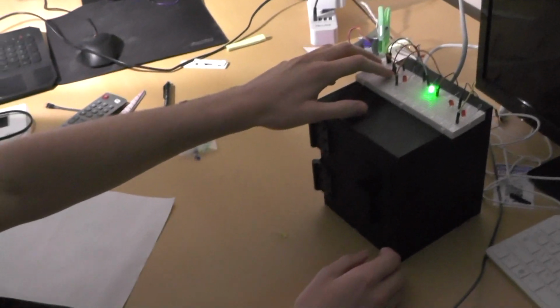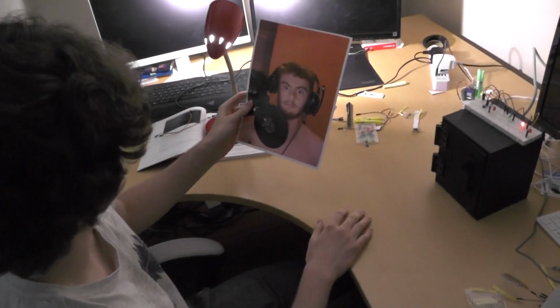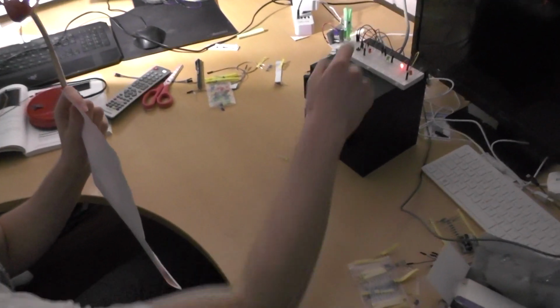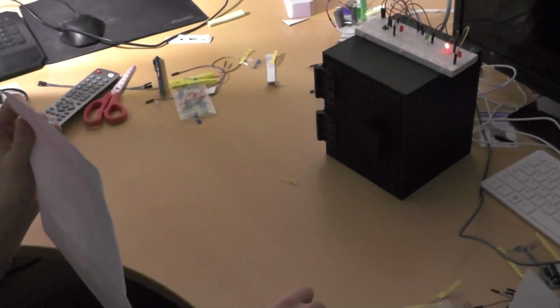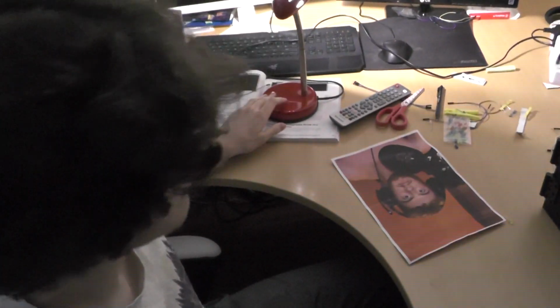And it just locks again. Like that. And as you can see, it just remains locked. So yeah,